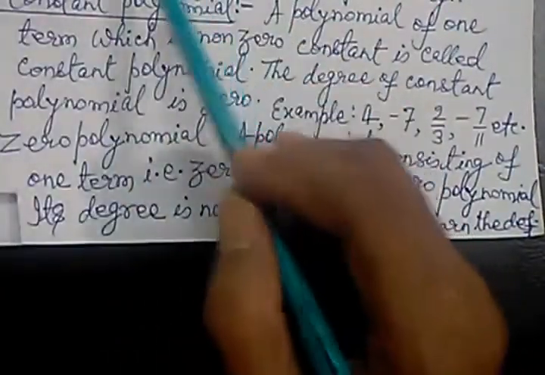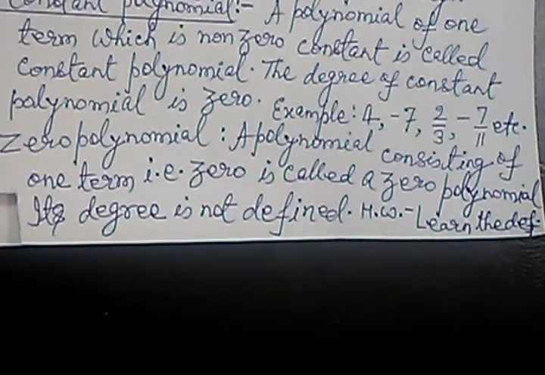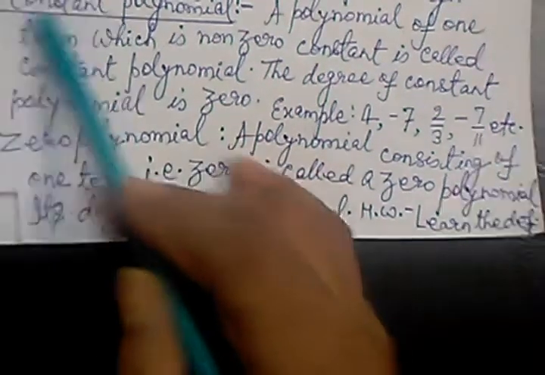Also one thing here, a polynomial with 1, 2 or 3 terms. If a polynomial is having 1 term, then it is called monomial. If having 2 terms, then it is called the binomial. And if it is having the 3 terms, then it is called trinomial. And more than the 3 terms, then it is called multinomial. Or you can also say, suppose there are 4 terms, a polynomial of 4 terms. Suppose there are 5 terms, a polynomial of 5 terms. Suppose there are n terms, you can say it is a polynomial of n terms, and so on.